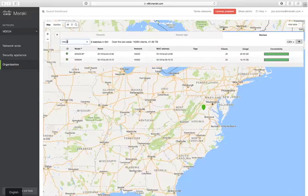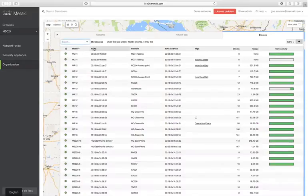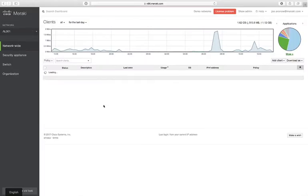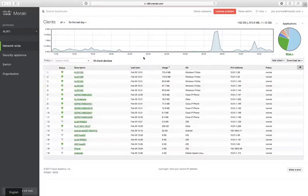And I can see the different devices in a particular store or across all my stores, all my locations. So let's dive into a particular location here. I'm just going to pick one at random that's got a decent amount of internet traffic. And we've now moved from the organization-wide view to the network-wide view. And one thing I want to highlight here is it's incredibly valuable, I think, to have all of this consolidated